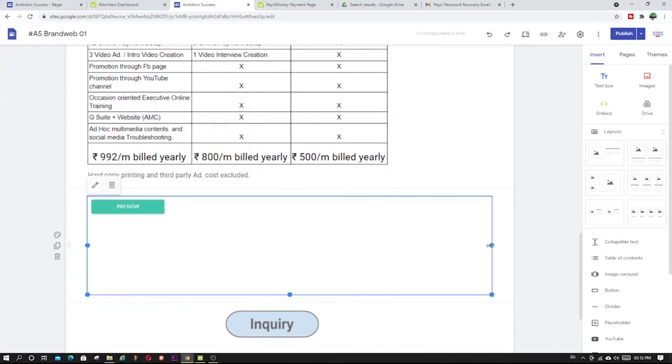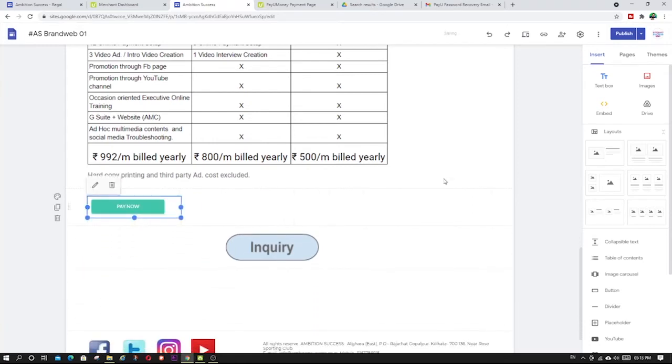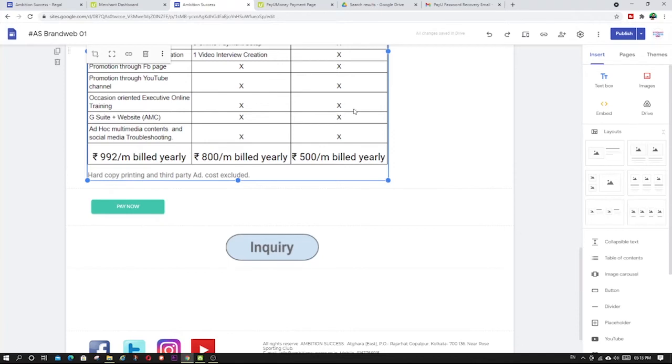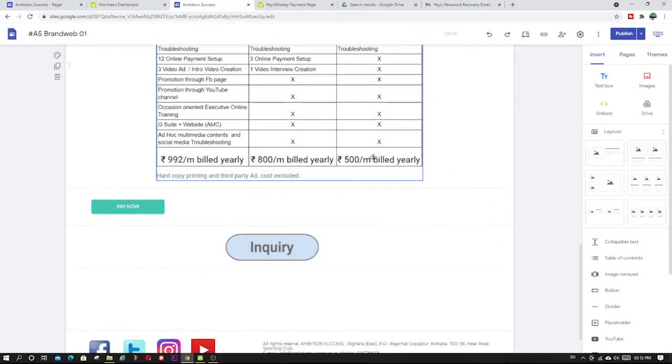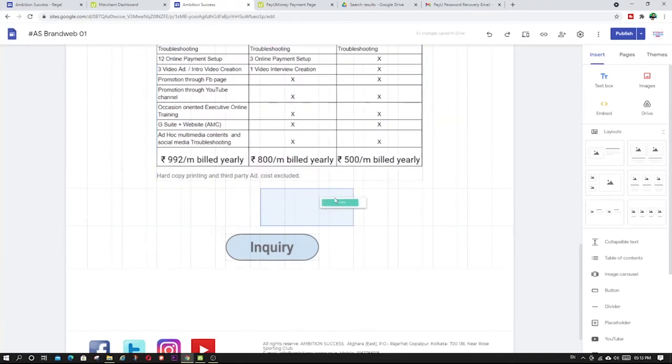I have my button here. I will adjust this and then I will put it here.